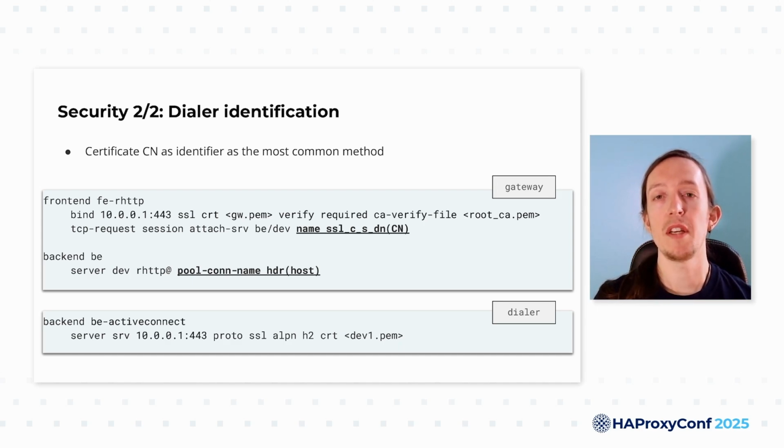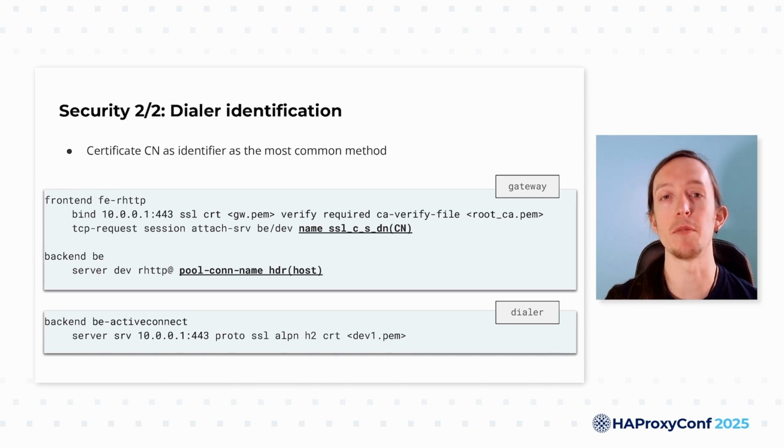Recently, the SSL SNI reuse code has been reworked and it is now rendered general. We have a new parameter associated to idle connection, which is now called name. This parameter is more flexible, and we can use any key you want to identify the idle connection in a pool. So now let's bring that to the reverse HTTP case.